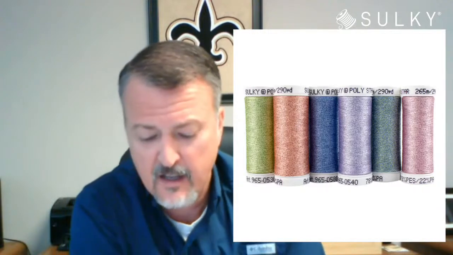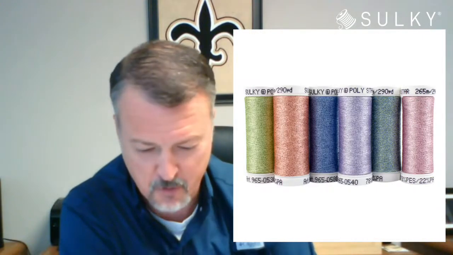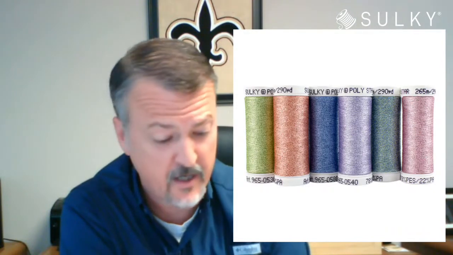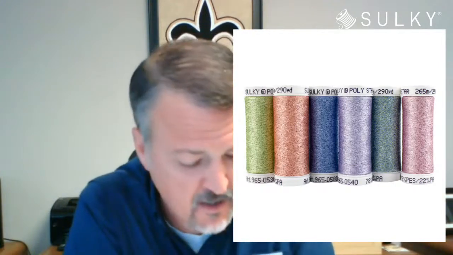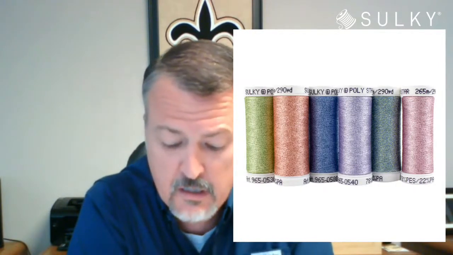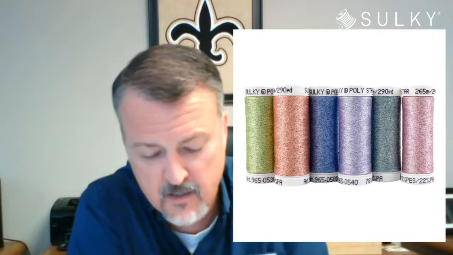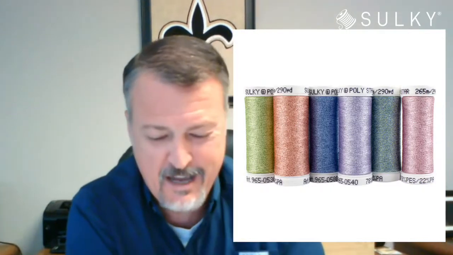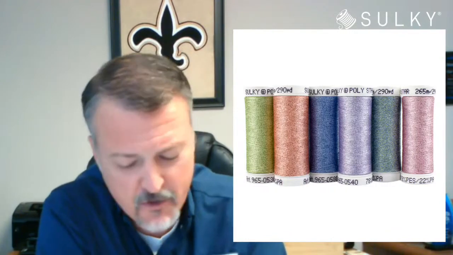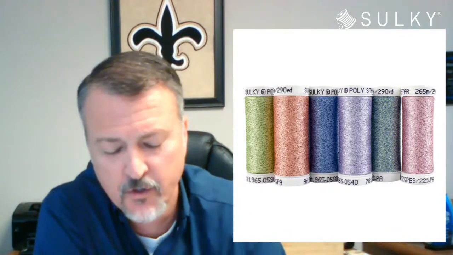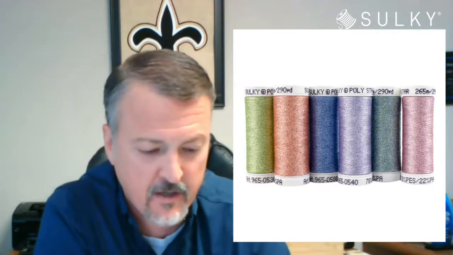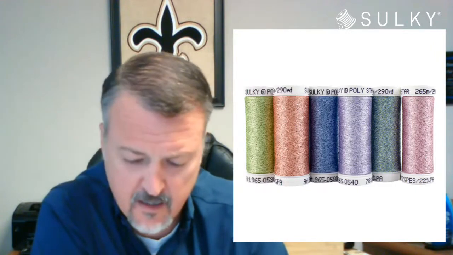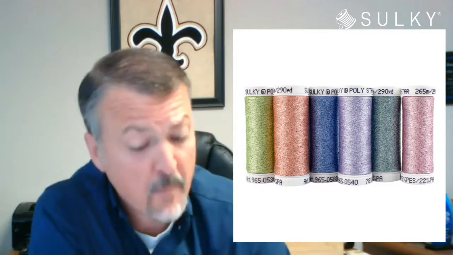And I want to say this, not that the other metallics are unusable. They certainly are usable. And I would recommend the same things for Polysparkle that I would recommend for those other metallics. There's a couple of things that you just got to do when you're sewing with metallic threads. The number one thing is you got to slow your machine down. They aren't like normal threads, and you can't treat them like normal threads. So you got to slow the machine down, but you also need to use a needle that is prepared for metallic thread. And we recommend a top stitch needle in a larger size, like at least an 80-12, or a metallic needle,